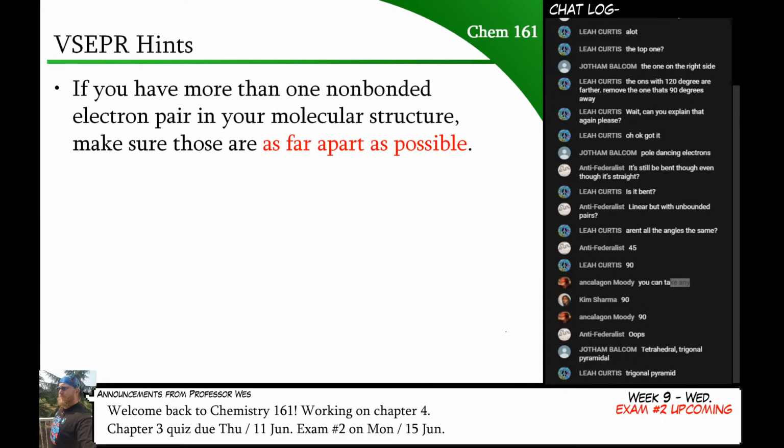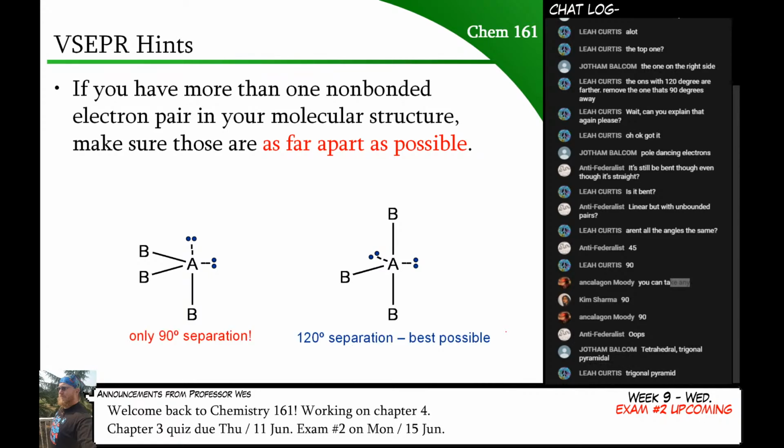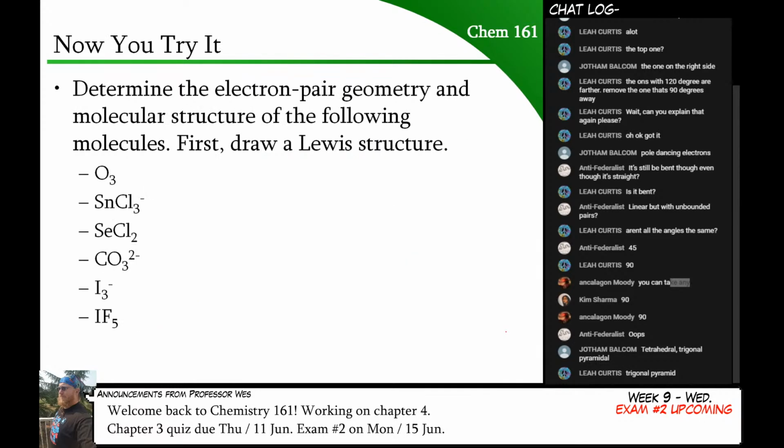So let's go straight to the examples here. This is just talking about how we want to take from the equatorial positions instead of axial, which we already went over. But here you go. So here's the examples. Oops, I didn't mean to do that. What I want you to do is draw the Lewis structure. You don't have to draw any resonance structures. Just draw one Lewis structure for each of these. And I want you to tell me the electron pair geometry and then the molecular shape for all of them. All right. So go ahead and do that. I'll go over the answers in about 5 minutes or so.